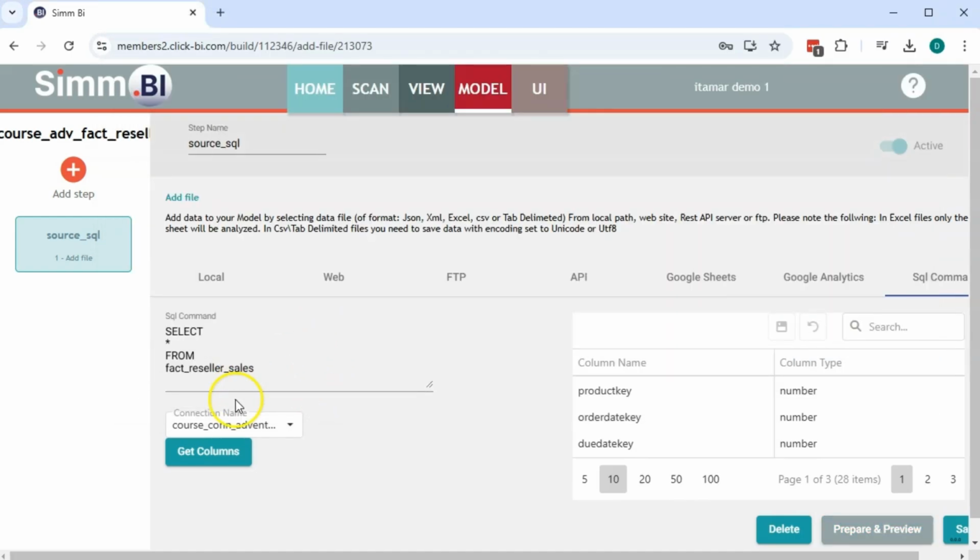Alright, so actually we finished our first step, which brings us the data from the fact reseller sales. Of course, I could select in the query specific columns and not everything, but for us for now it's